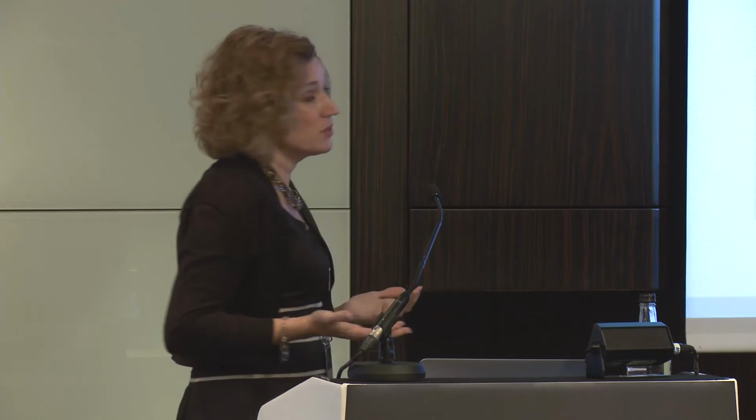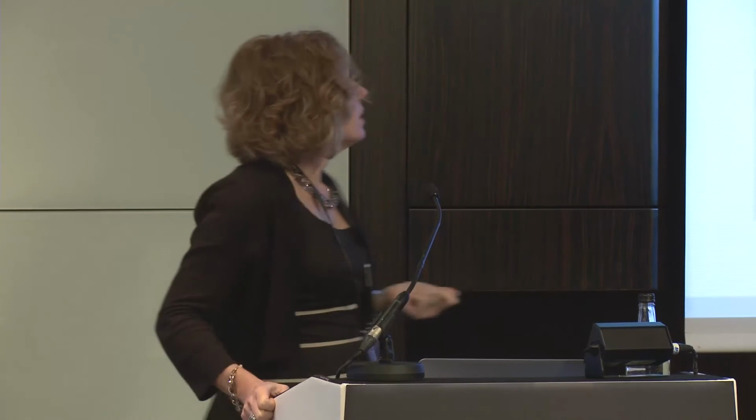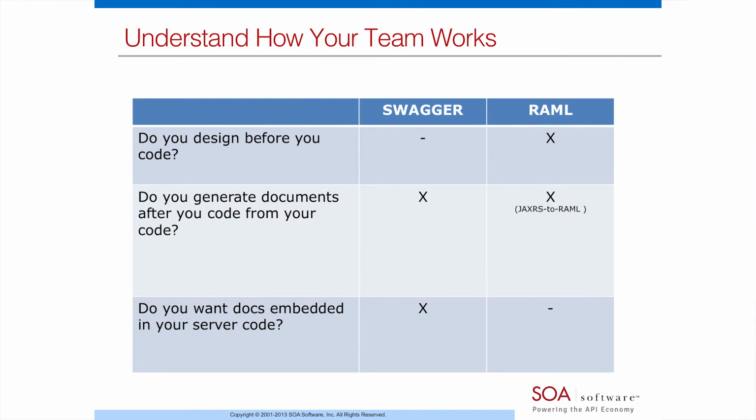All right. The other aspect that I looked at is how do you pick a language that fits for you. It's really how your team works. How does your team work? Are you going to have the discipline to do the top-down development and go on from there? For example, do you design before you code? If you design before you code, I think RAML is the right one for you. Do you generate documents after you code, from your code? If that's the case,